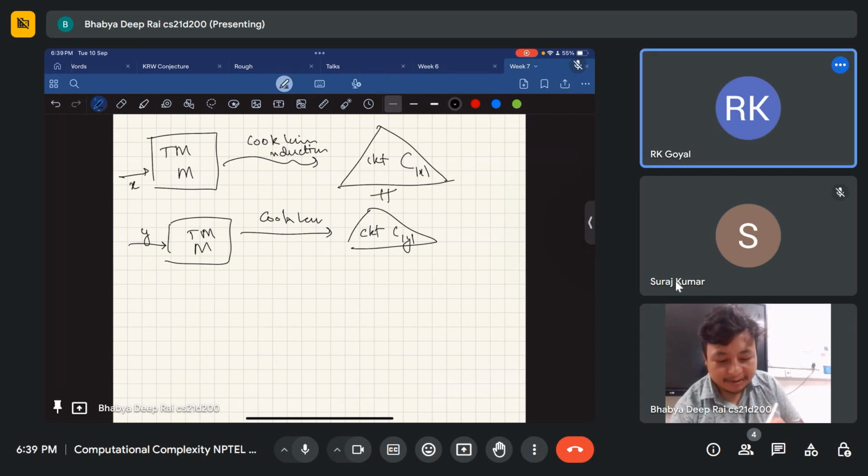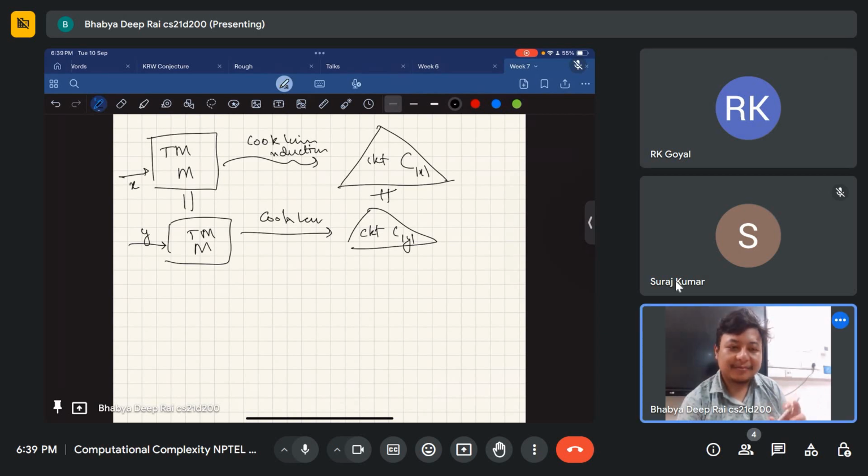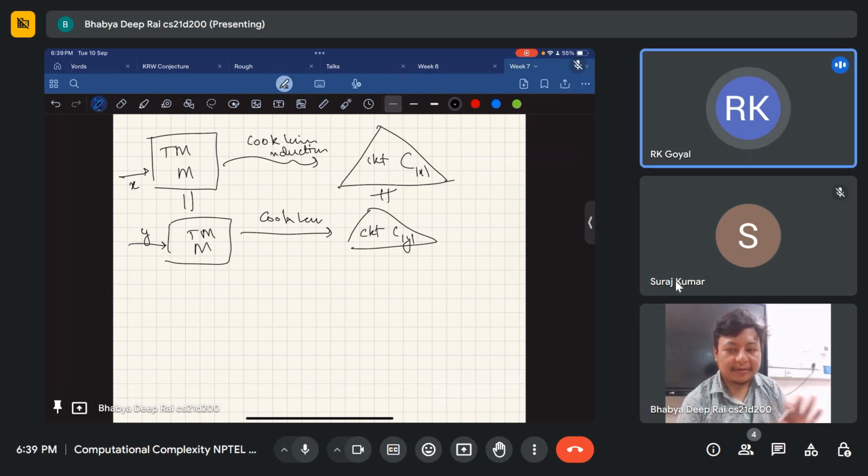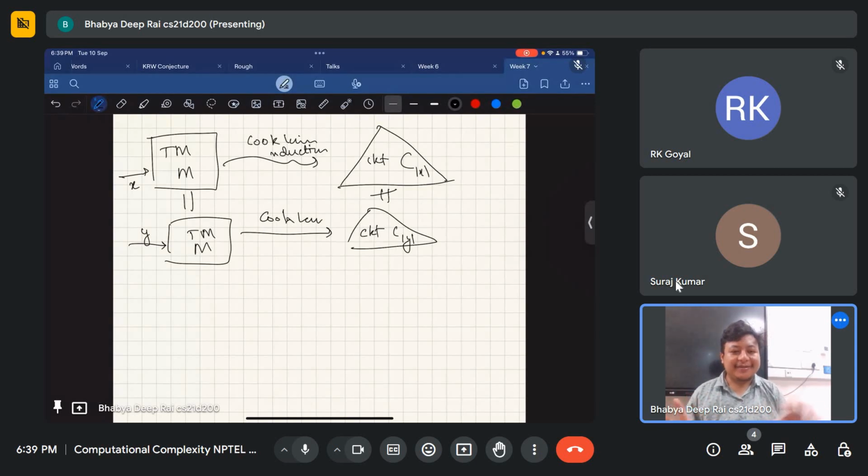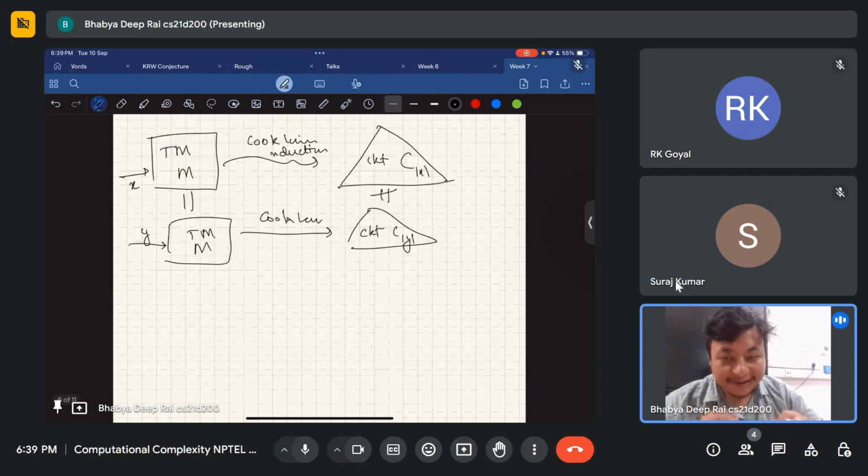This is not the same, but the descriptions are the same. So this is the difference between Turing machines and circuits, basically. But of course, they can do what each other can. At least circuits can do what Turing machines can. Now,